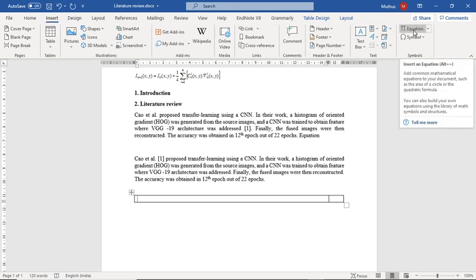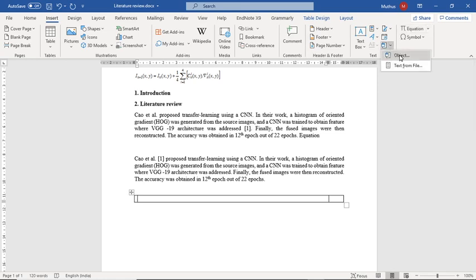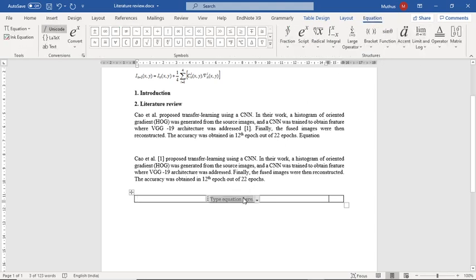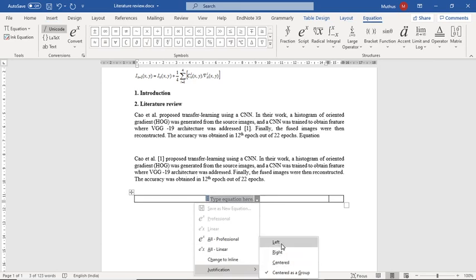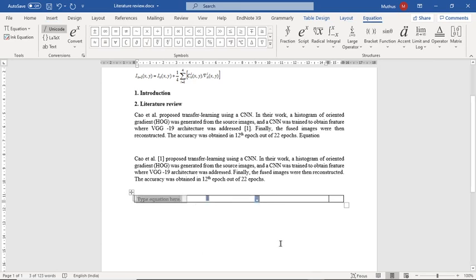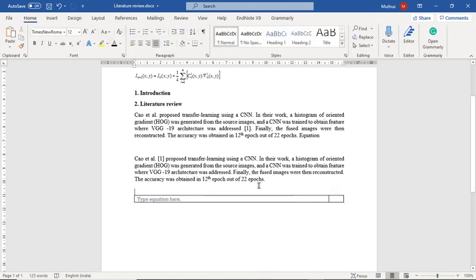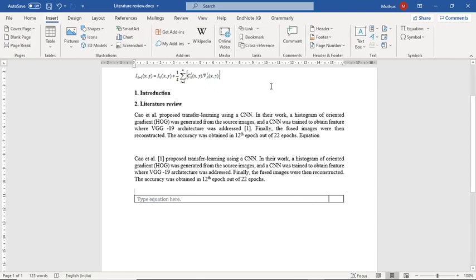In this version, I am using Office 365, and here the equation is available. In the previous older versions also the equation is available, and apart from this equation you can get third party equations in the object option. So here I am using this equation. The equation is inserted, and I can justify this equation left or right, whatever you like, but most probably we need to justify left. So here I am justifying the equation to the left, and simultaneously I am going to insert a caption.